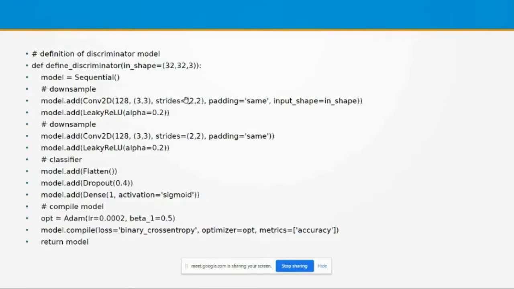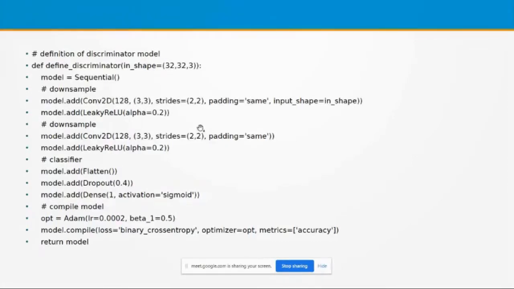Then stride, that is max pooling. Here I am going to use convolution, ReLU, and max pooling in a single statement. And it is also possible, right? model.add Conv2D, 128, 3 by 3, strides equal to 2 by 2, padding equal to same, input shape equal to in_shape, and this is the input parameter. Inside that first convolution operation, we have to specify the input. This statement is the same as the normal convolutional layer in a convolutional neural network.